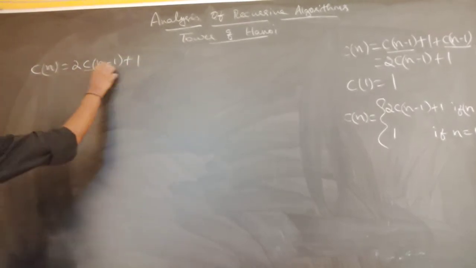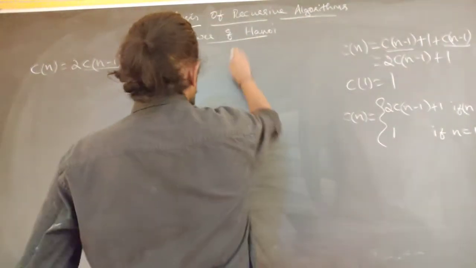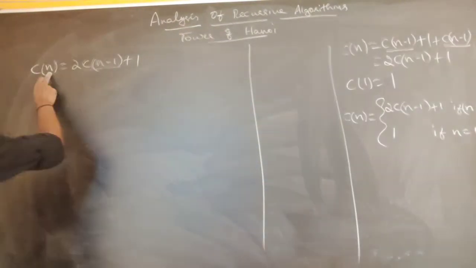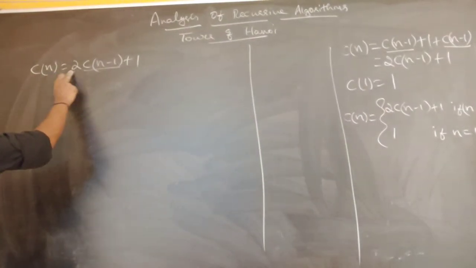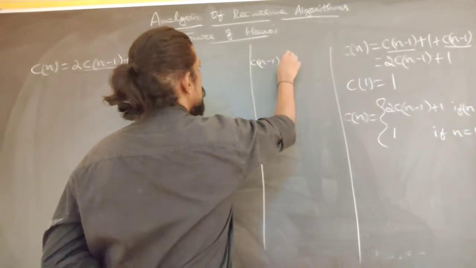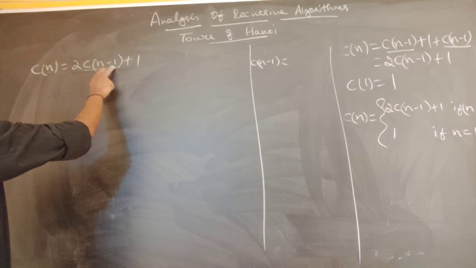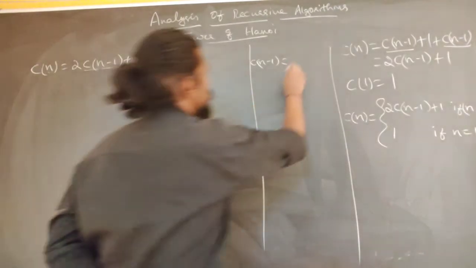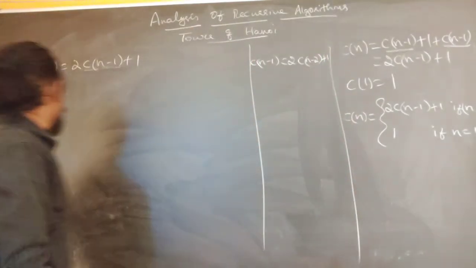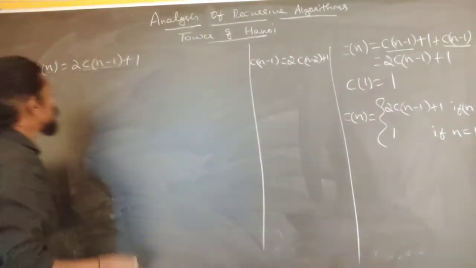C of n requires us to know C of n minus 1. We don't know what C of n minus 1 is. So for that, we will substitute n minus 1 in the same expression, and thereby we will get C of n minus 1. So C of n minus 1 is equal to, when we substitute n minus 1 over here, n minus 1 gets substituted. Therefore, this will become n minus 2. So it is 2C of n minus 2 plus 1. That we will substitute here. For C of n minus 1, we will substitute the whole of 2C of n minus 2 plus 1.